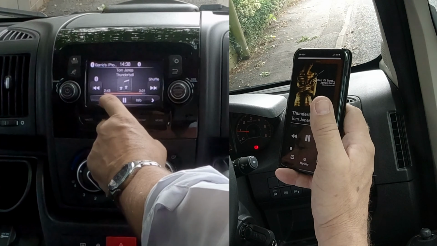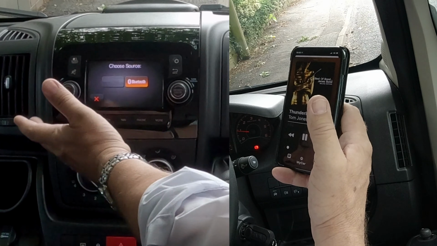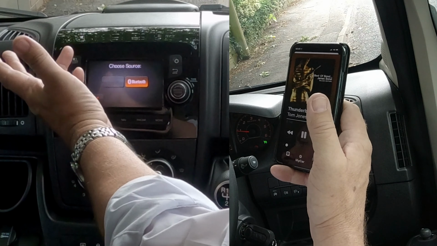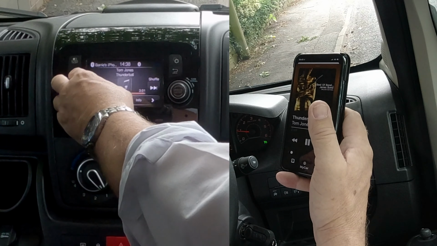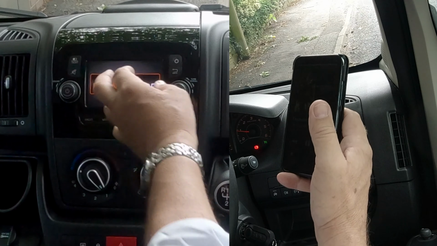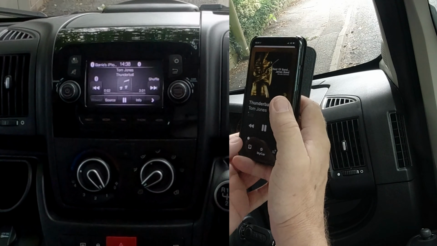But if it's not showing Bluetooth, if you click source, it gives you, say you've got a USB in or SD card, something like that, you just select Bluetooth. This is on my phone. We'll turn it up. I'm controlling the volume from my iPhone, so when I turn this up,